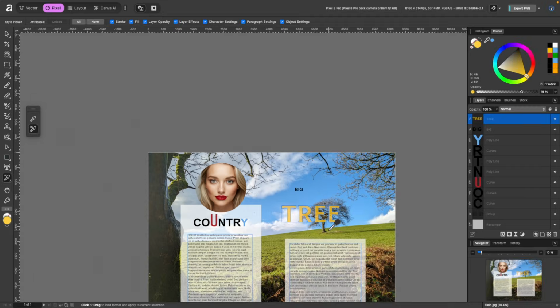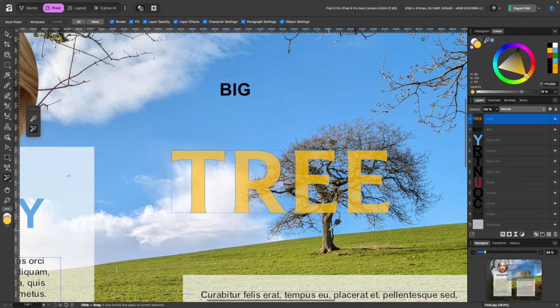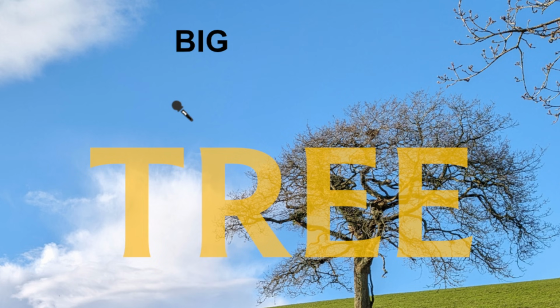And the first thing I'm going to do is just zoom in and choose what I want to copy from. So this is my style picker. So here's the style I want. I will click once, and now I have loaded that style into this style picker. You can see it's actually quite full now.